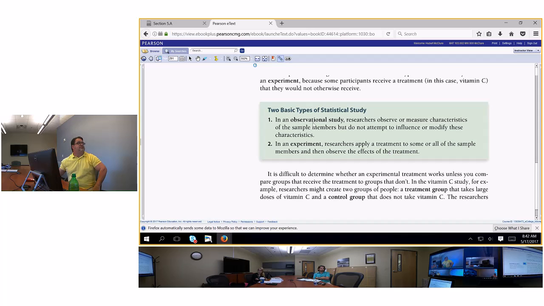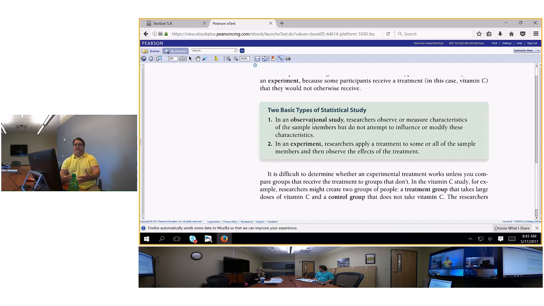Types of statistical studies. All right, this is a standardized test question right here. What is the difference between an observational study and an experiment? Well, I'll give you 2 good examples. Y'all ever seen these videos of people that have sleep apnea, and they do a video of them sleeping in the green screen, in other words, night vision, and they stand up and sleepwalk, and then they lay back down. They got all these wires attached to them.